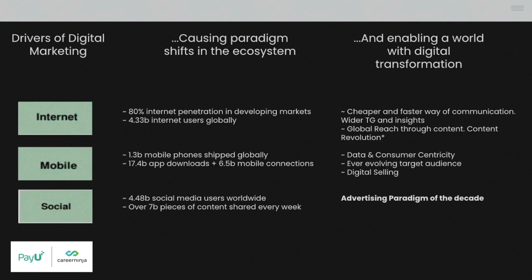And the last and foremost thing, without which we don't exist, is social. And it's not just about Facebook or Instagram or LinkedIn at the moment. There are a bunch of platforms that are rising, and in any way, be it ad generation, be it paid ads, or whatever we're going to learn, social media is the major driver of digital marketing, because it's a one-on-one experience. You can directly reach out to people, you can put your message out there, you can create banter, you can talk to people, and above all, you can create the much-needed awareness for your new product or service, and you can also engage with them and address grievances. And we all know a good blend of all of these things together takes a brand to the skies.